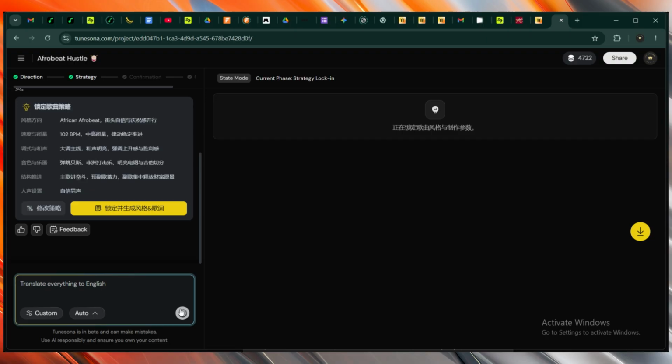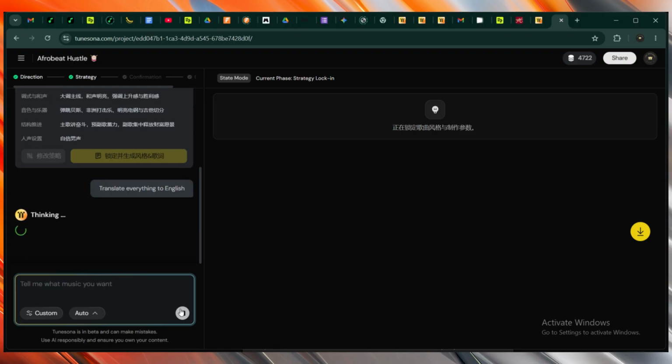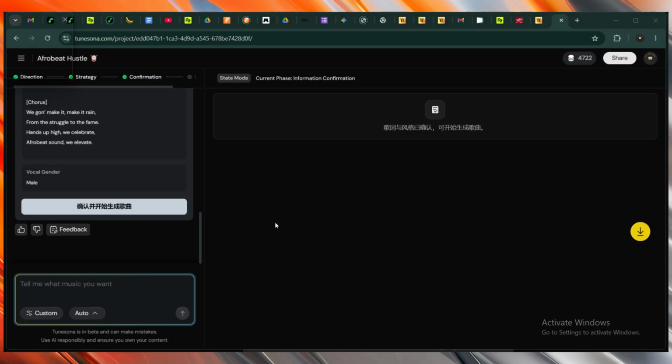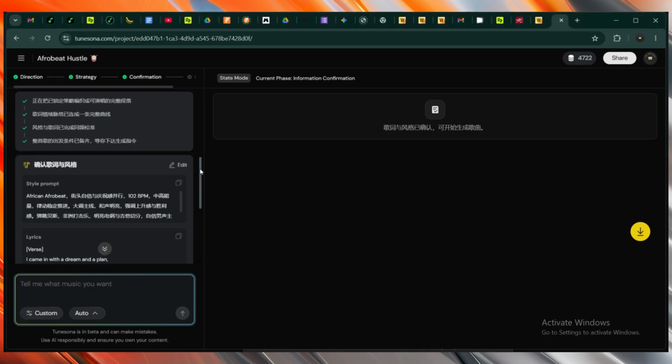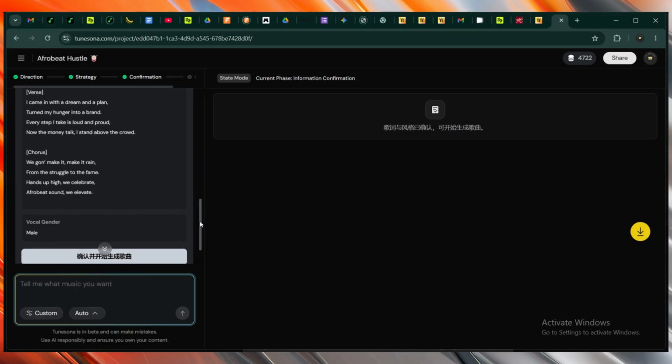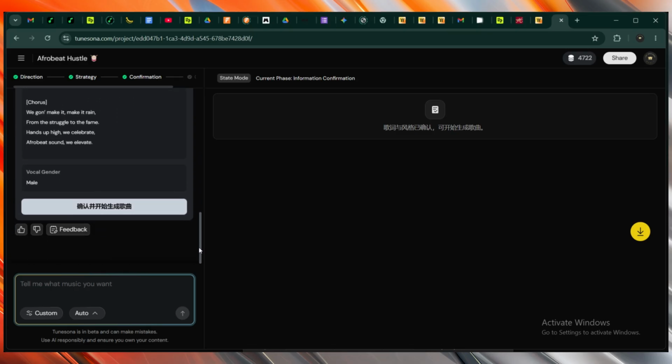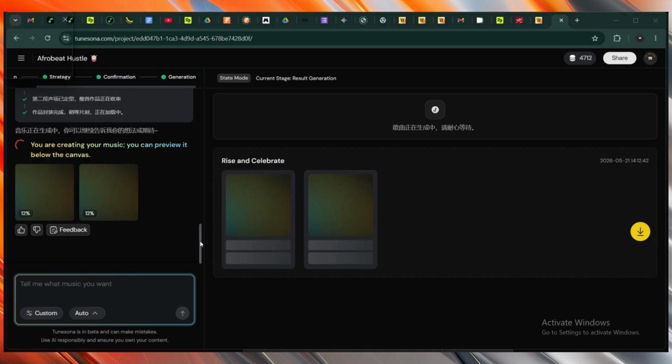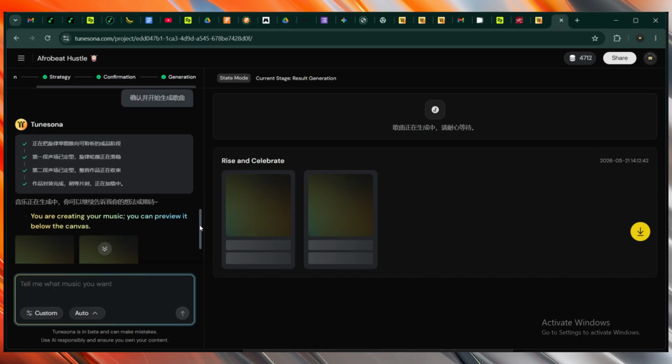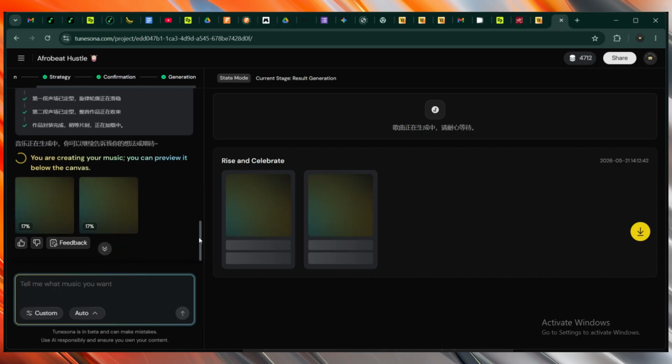As you can see, this is like an interactive conversation with the AI bot, and then it does what you want basically. Okay, so as you can see, it has translated these things to English, even though it didn't do it very well. But anyways, we can just move over to create our song. So let me just click on this. Right here, our music is currently generating. I'm not sure why it's not translating the language, but anyways, let's wait and see.